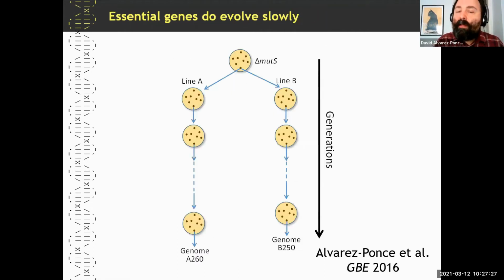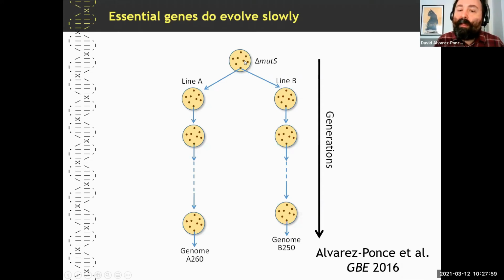This is an experiment that my postdoctoral advisor Mario Fares did in his lab, and each of these represents a petri dish. Sorry, I did this drawing, and I know it's not the best, but it is a petri dish. I realize now how I could have done it much better. But so basically, these are the E. coli